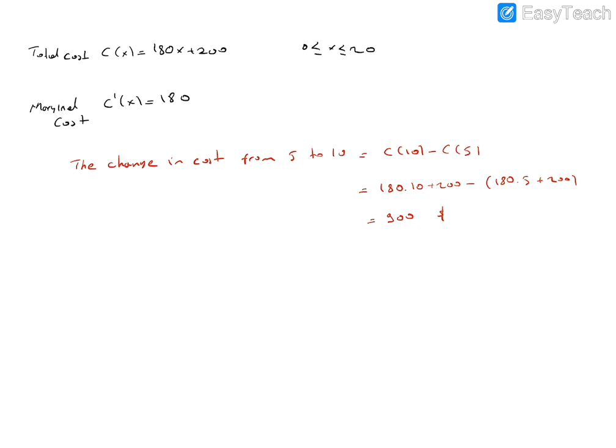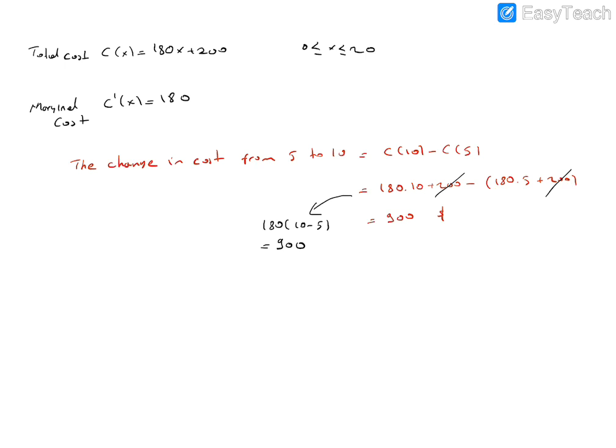Actually, when calculating this one, I said that this is 118 times 5, so notice that from here this constant term cancelled, so this is 118 times (10 minus 5), so this is 118 times 5. Okay, this is 900. So this is equal to the area between the graph of C bar and the x-axis from 5 to 10, okay?